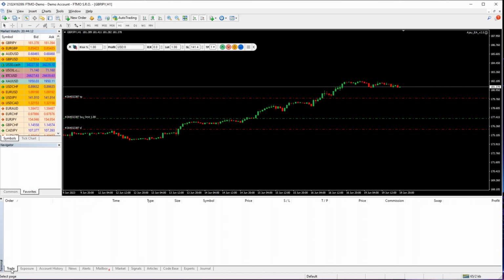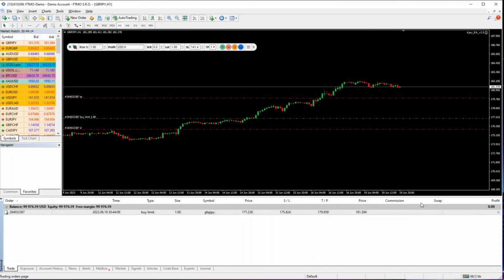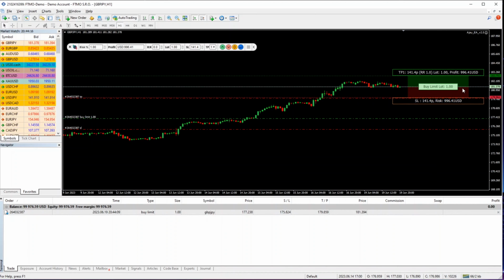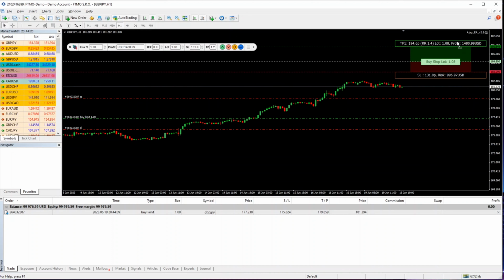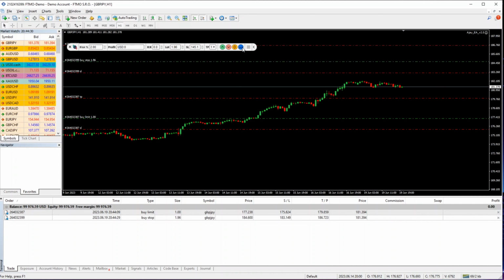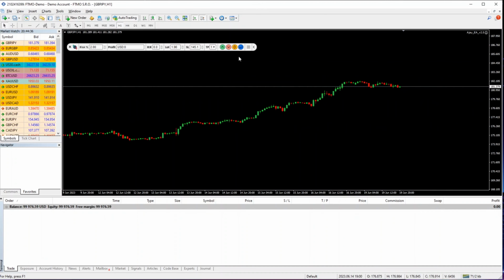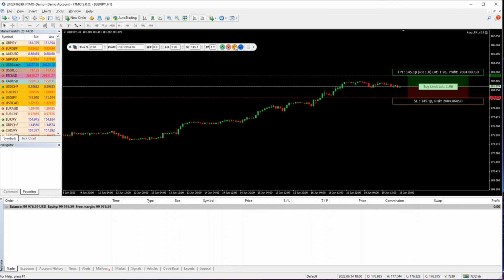Easy as that. And here on trade, you can see it's pending here. And say if you wanted to do a buy stop, you can set your targets and your risk. You can set your risk as what you want. Let's try 2% here, and you can enter. That will be a buy stop. And then let me just clear these trades off,